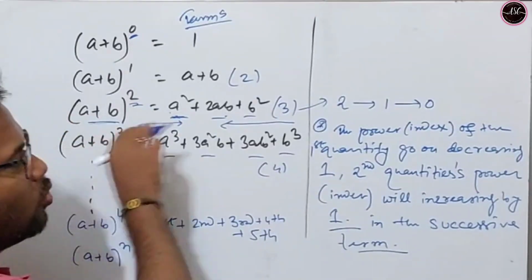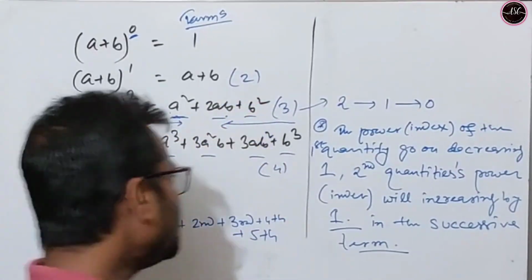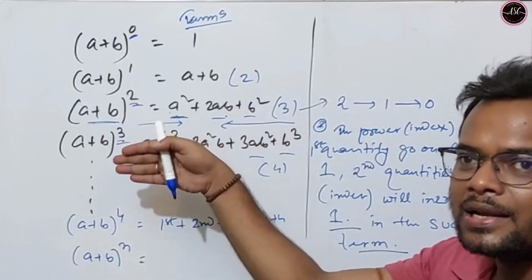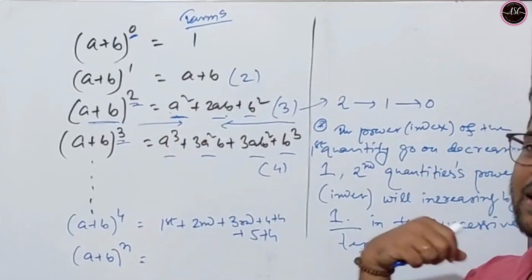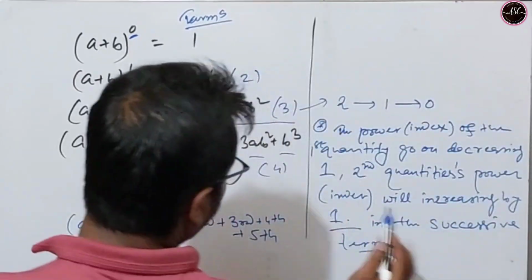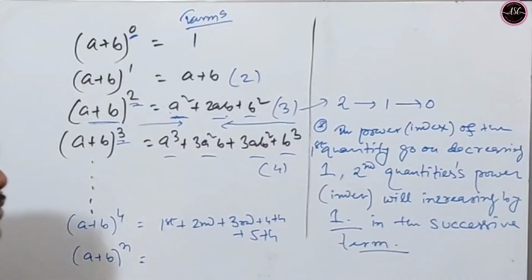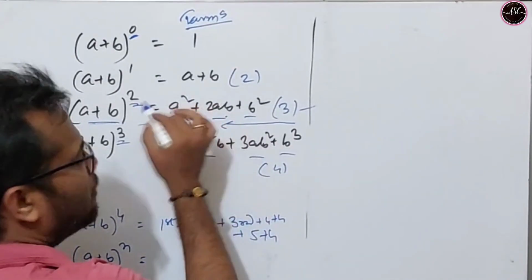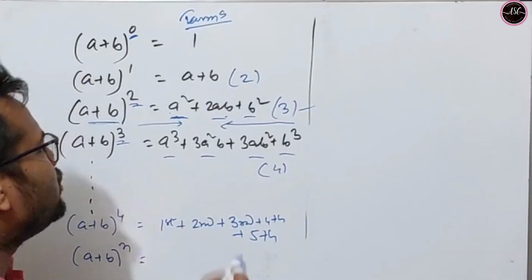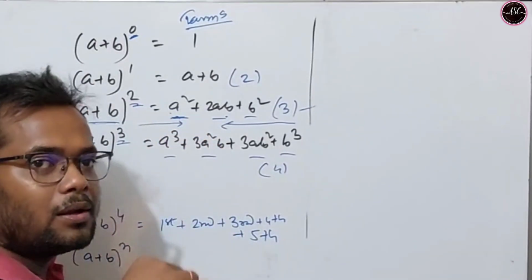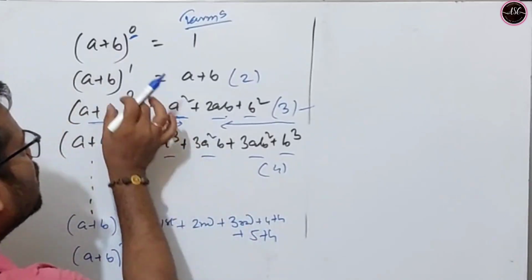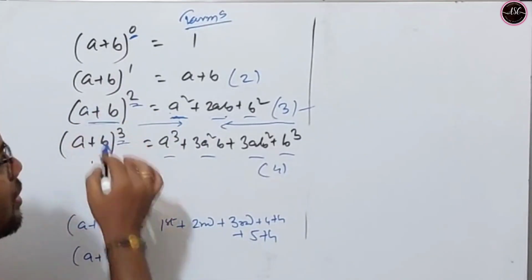If we go from this side, the power of B will decrease and the power of A will increase. Okay, so we have found the second observation also. Just look, in each of the terms,